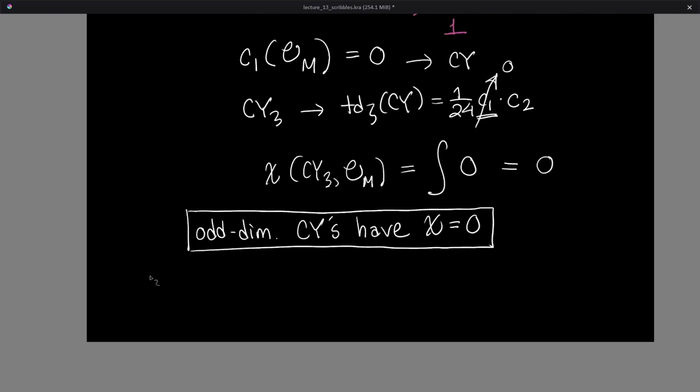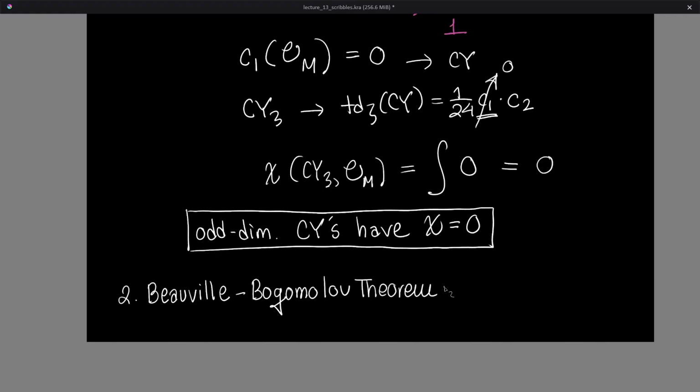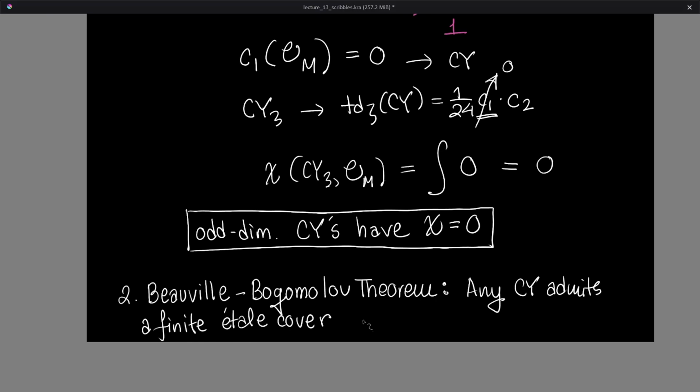And so next we're going to look at something called number 2, Bogomolov's theorem. And this tells us that any Calabi-Yau admits a finite étale cover. A finite étale cover is a covering space that is also a local biholomorphism,